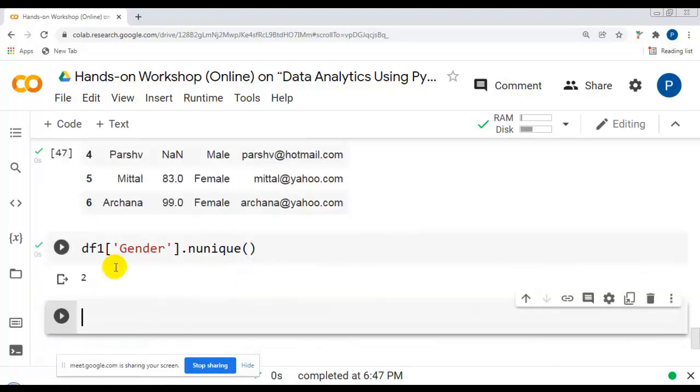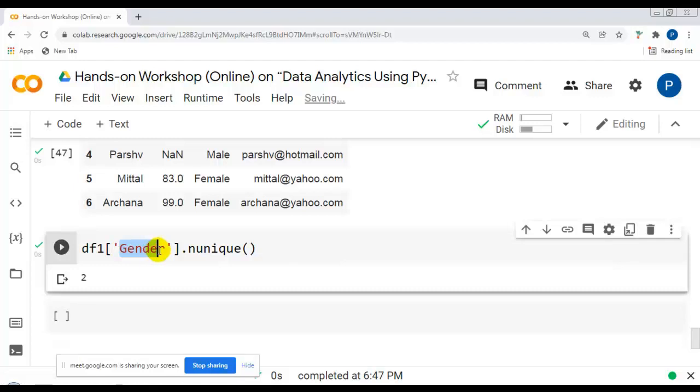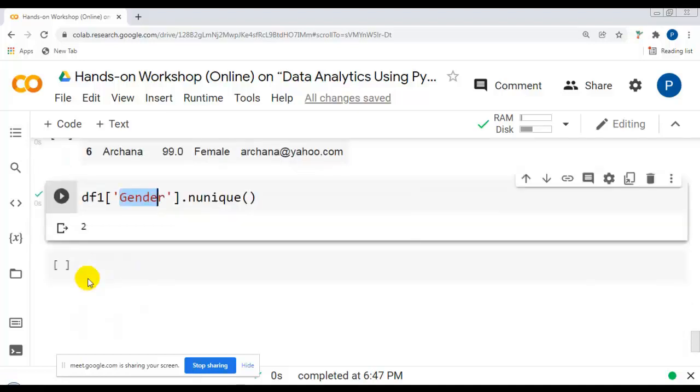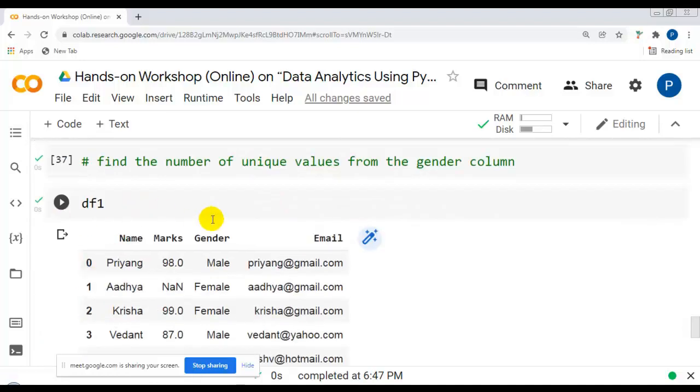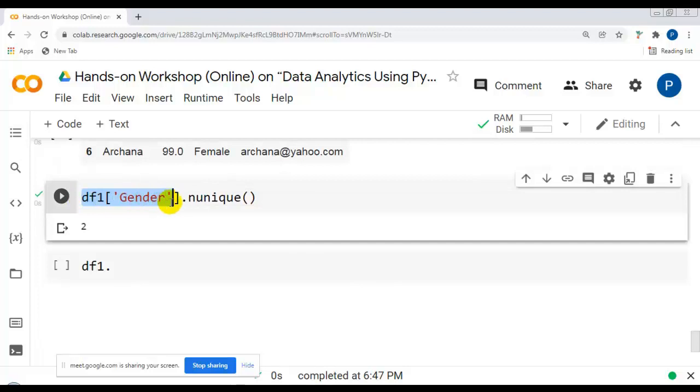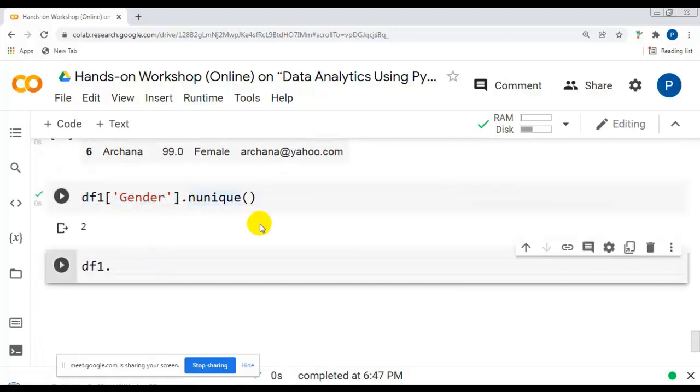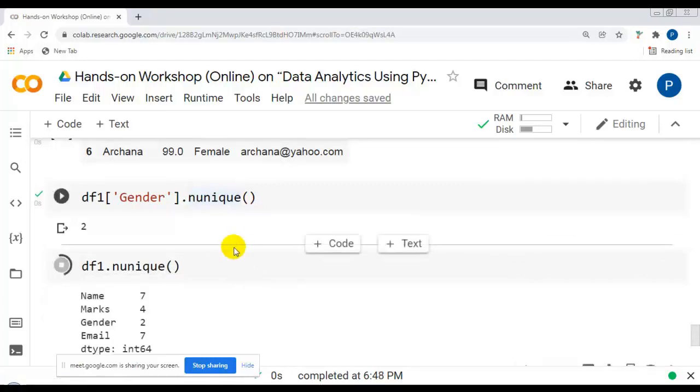You can see the output is 2, because in the gender column we have a total of 2 unique values, male and female. That's why it is showing 2 over here. So we are interested in the number. I have applied this on a particular series or column. Now nunique on the entire data frame.